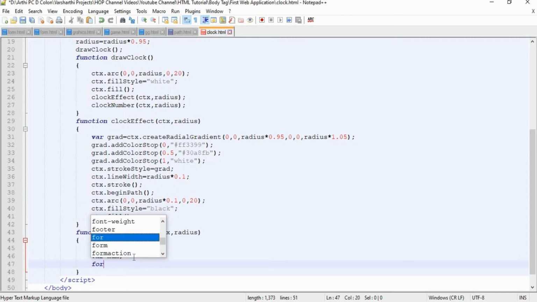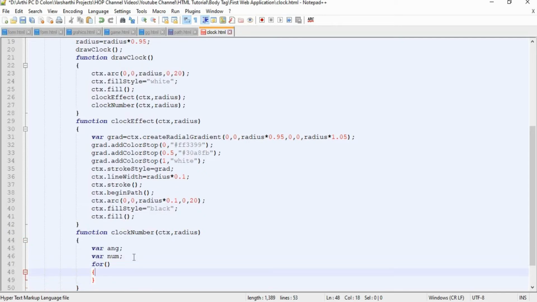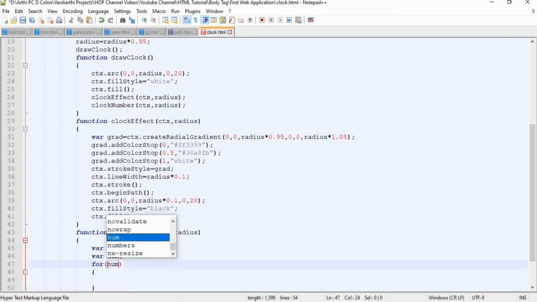Hence we have to make a loop for this, so that the number of steps will be reduced. Here the starting value of your number will be 1. We have to repeat the loop until it is 12, so number less than 12, and we increment it, right?